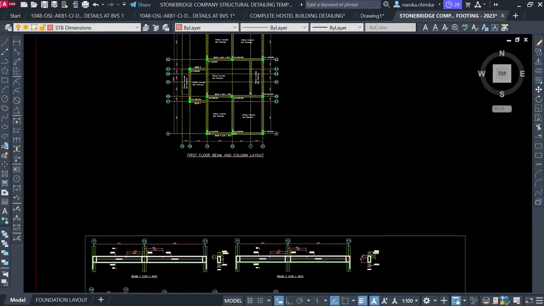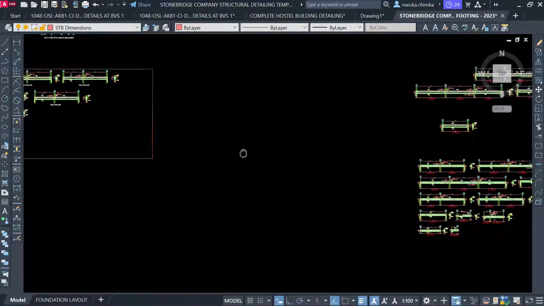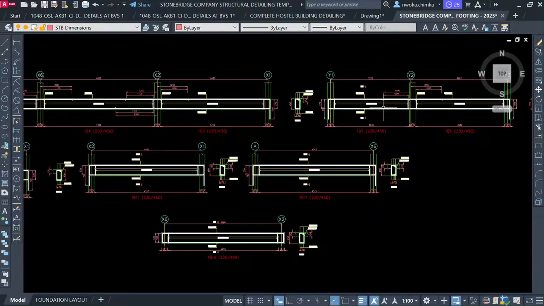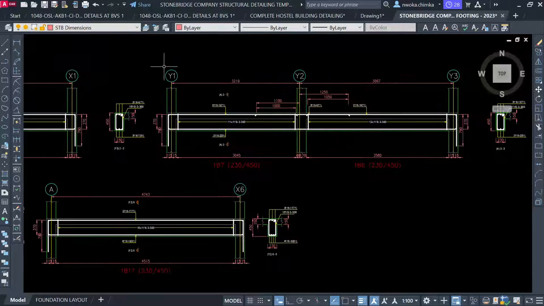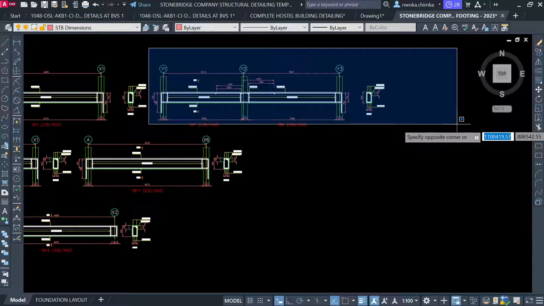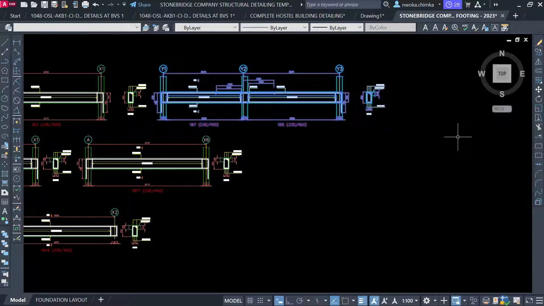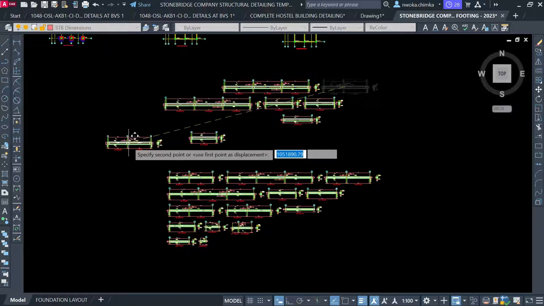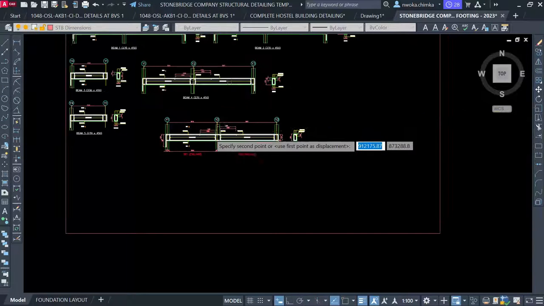So we go right now and locate beam 7 and 6 from this place. Beam 7 and 6, which is this one here. Okay, that's fine. I'll just copy it right now. Sorry, move it, don't copy, move. So you know that one is off from this place. Okay, so move it, enter, and move from this point down to where we'll have our drawing detailing here, and